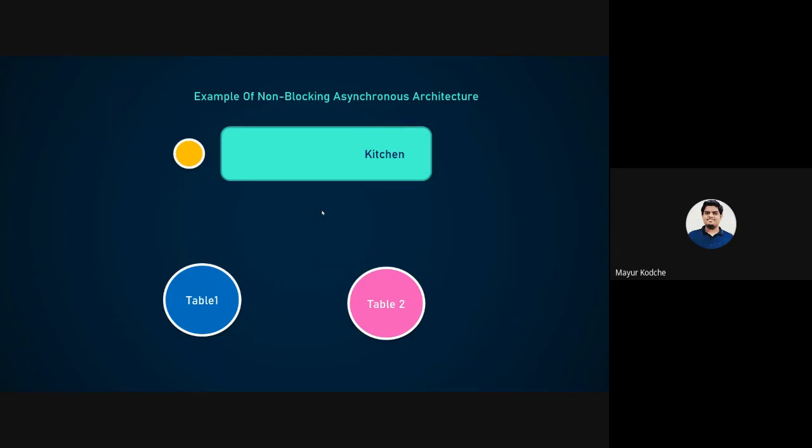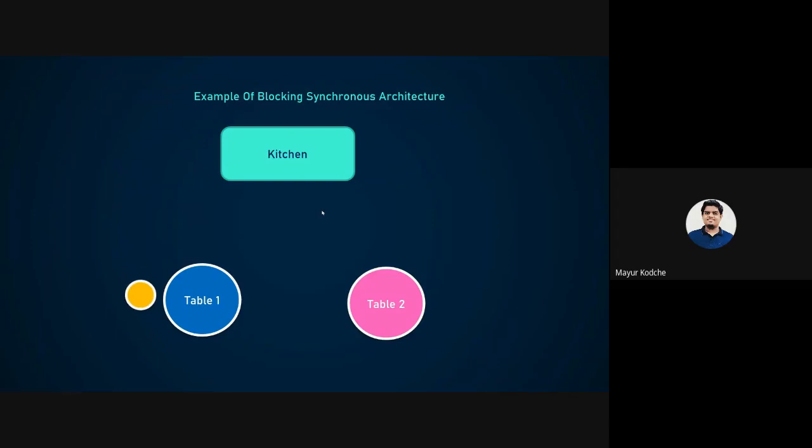Let's see how blocking synchronous works. Consider you go to another restaurant. Same, the restaurant has two tables, one waiter and one kitchen, and you are sitting at table one, and an unknown guy is sitting at table two. But here the one waiter serves one table at a time. So he firstly comes to your table, takes your order and gives that order back to the kitchen.